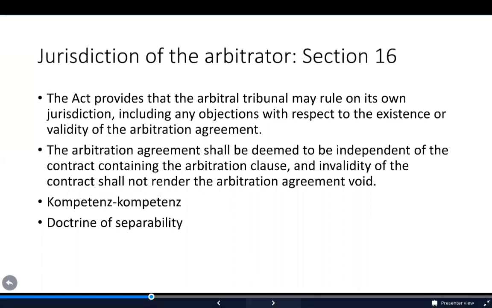The follow-up question can be, what if the two parties entered into a contract and one of the parties alleged that the contract was signed because of a fraud committed by the other party? So there exists a question with respect to the validity of the contract itself, and the contract included a clause of arbitration. So what happens in that case? To safeguard the interest of arbitration, there exists a legal fiction which safeguards this arbitration clause, which provides that in case the contract is invalid, that does not automatically affect the validity of the arbitration agreement.